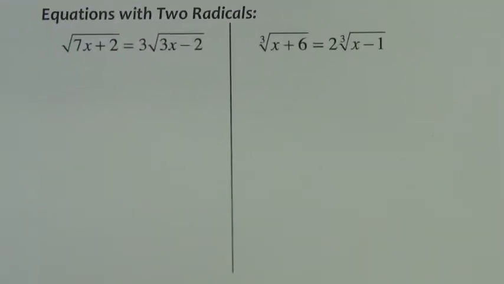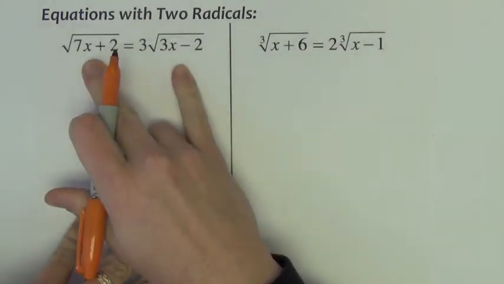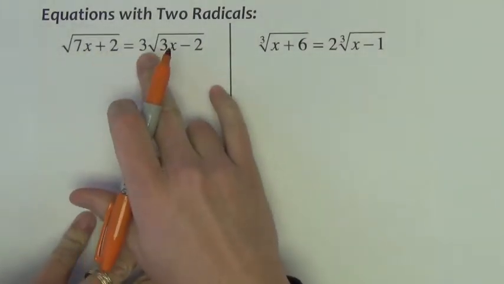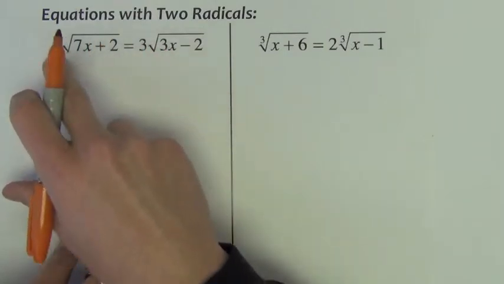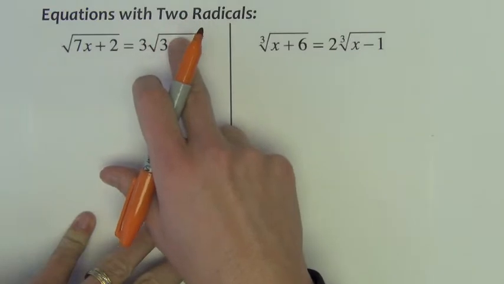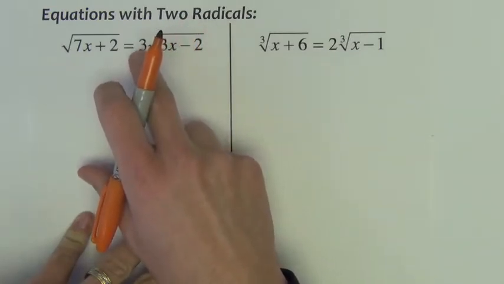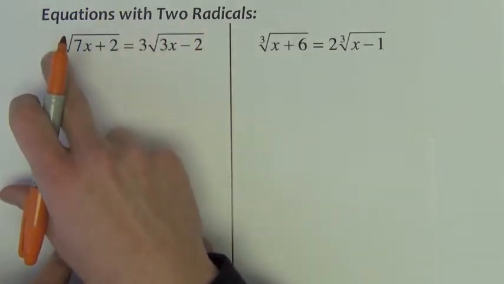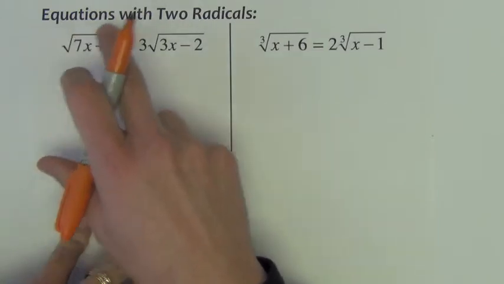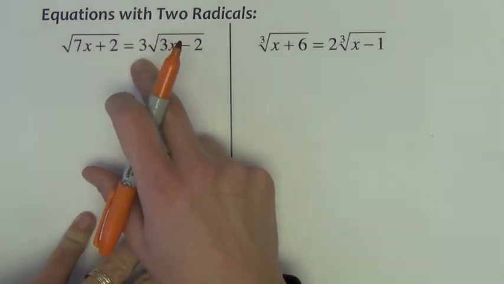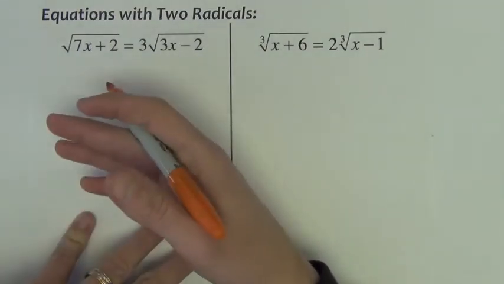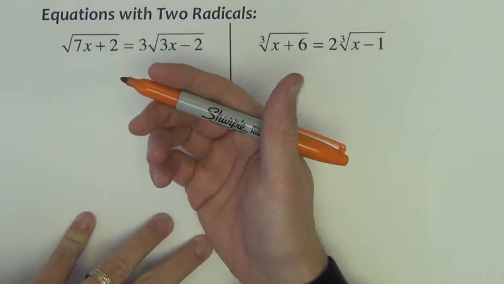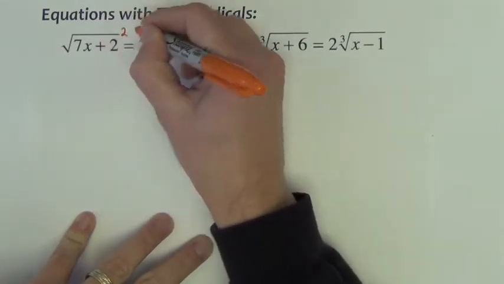In this next type of example, we've got square roots on both sides of the equal sign. And I've got a number here that's not underneath the square root. The problem with that number is this radical is all by itself, this one isn't. If I want to get this radical by itself, then the 3 goes over here. Well, at that stage, this radical is not by itself. So I cannot get both radicals by themselves like I did in the last problem. Since it's impossible to do that, I'm going to just square both